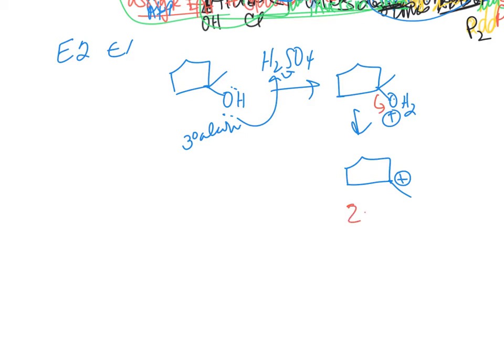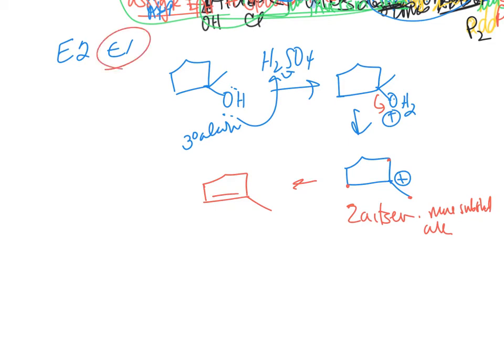and now you're going to get the Zatsev's product. Zatsev's product means, if you take hydrogen from there, there, you get the more substituted alkene. So that would be an E1. E2,